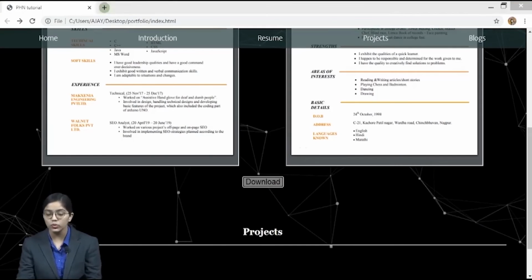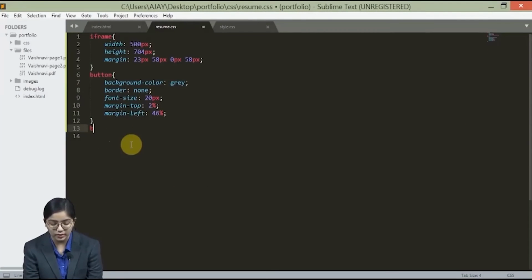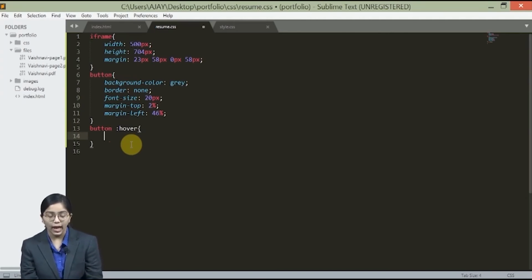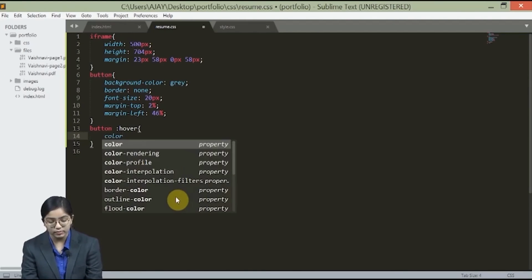So how is the pseudo class selector declared? We are going to give that to a button. So this is my element, and then would come a colon and then the pseudo class selector. And now what does hover mean? That whenever I take my mouse on the button, I can change the background color of my button.